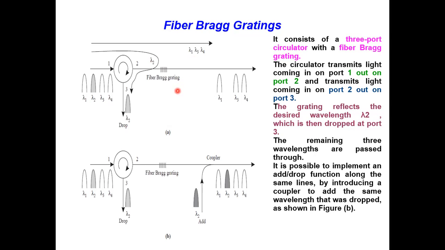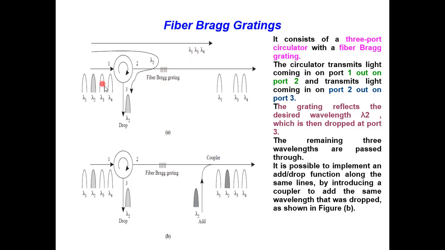Okay, the contents. Then let us see what is a fiber Bragg grating. In a fiber Bragg grating, what I am actually doing is my light is passing through the fiber. If I want to add some more wavelength, if I want to remove some more wavelength. So an FBG is denoted like this, a dashed line, because here the refractive index is changing. So what does an FBG actually consist of? It consists of a 3-port circulator with a fiber Bragg grating inside.